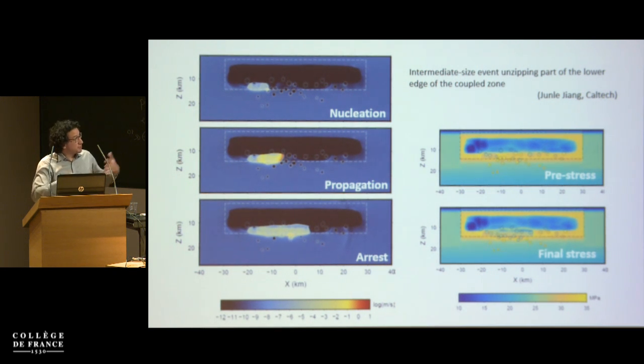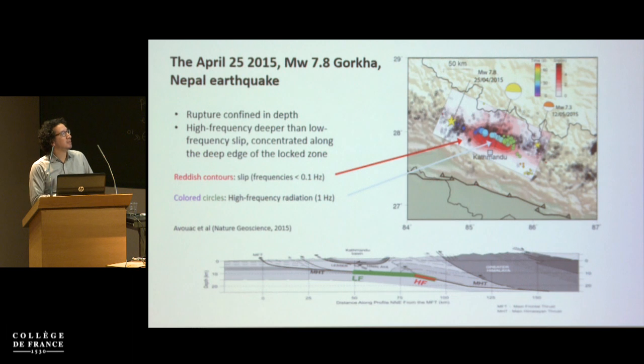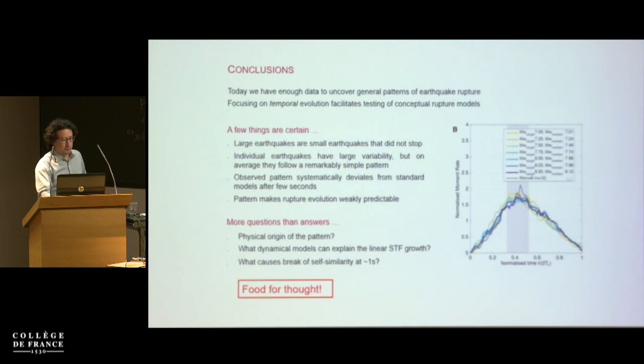So yes, these border regions between seismic and aseismic zones of a fault are regions where stress concentrate, where stresses can become very heterogeneous, and that's where these elongated ruptures can happen. And this is not just a dream of a modeler, it's something that we see, for example, in the Gorkha earthquake. This is an earthquake that was pretty elongated and was confined in the deeper part of the seismogenic zone. All right, so let me